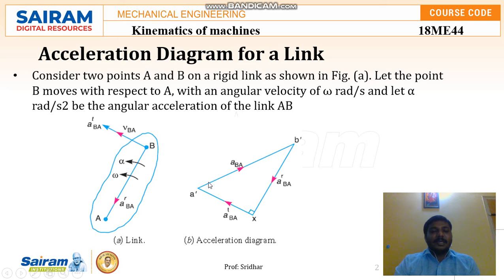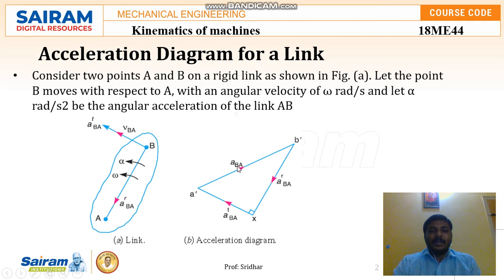Now we have considered the A dash, that is the acceleration of point BA. We can see the acceleration with respect to this point BA from this point, where at X we have considered A dash and B dash. So all these three points will be considered for the acceleration at points BA, which are moving in different directions. Because we have considered only the two points, we will have points BA and acceleration in three different directions.